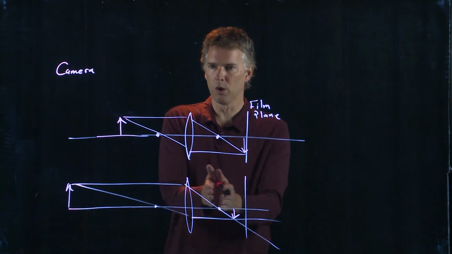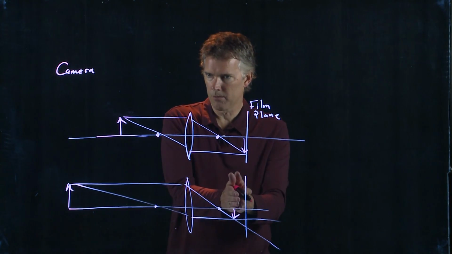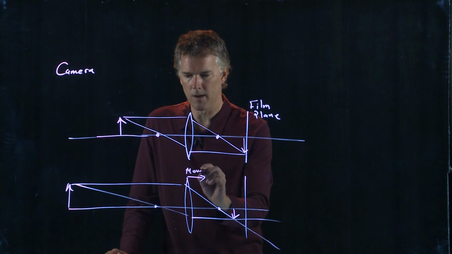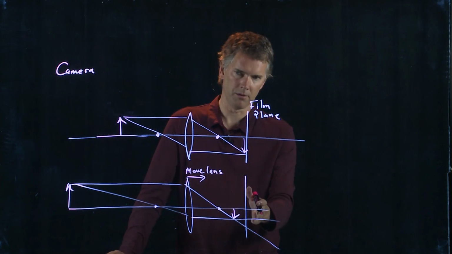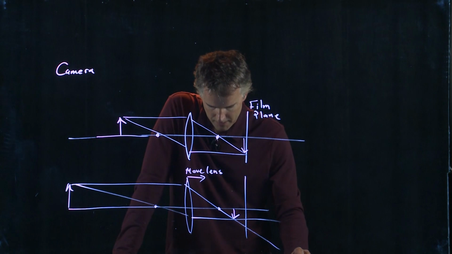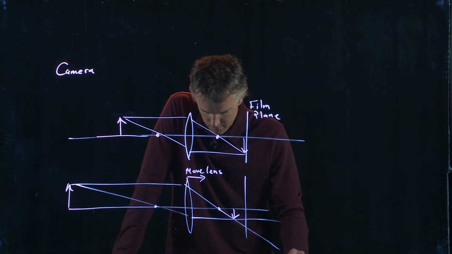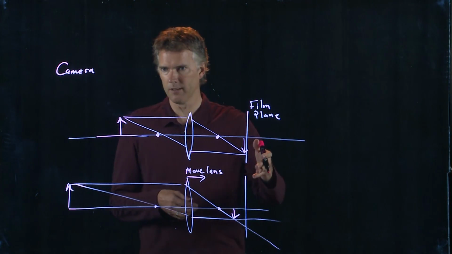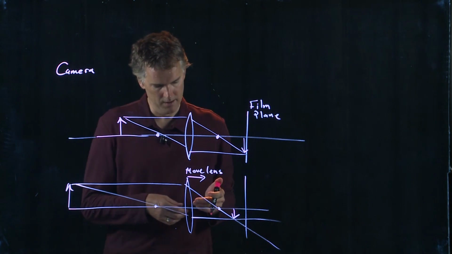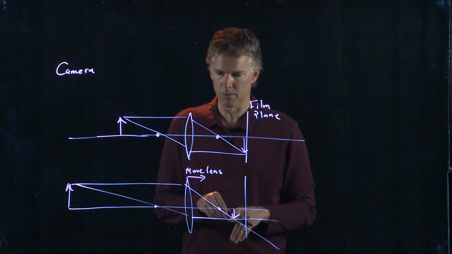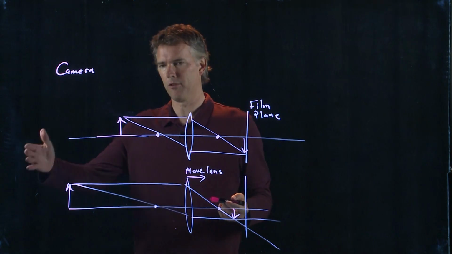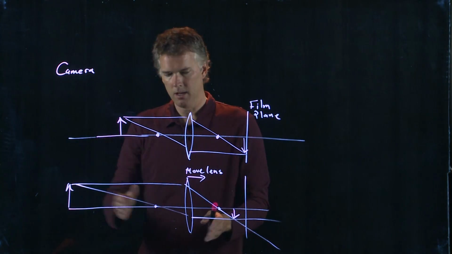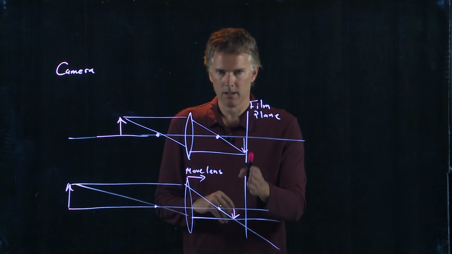I have to move it closer to the film. If I move the lens to the right, the image is going to move to the right, everything is going to move to the right. So I want to move the lens closer. Okay. And let's see if that is the right answer. It says move the lens closer to the sensor or the film. Sensor's CCD array if it's like your digital SLR. And it does say that that is the right answer. Okay, so when things get further away, you want to move the lens closer to the film. And in fact, when they get out at infinity, the focal point should be at the film plane.